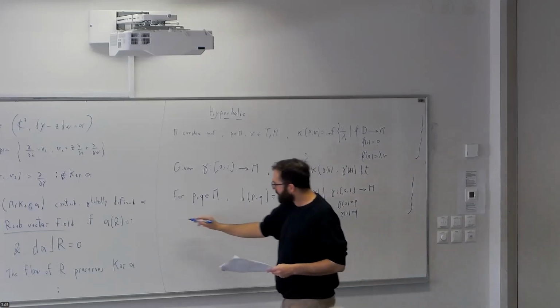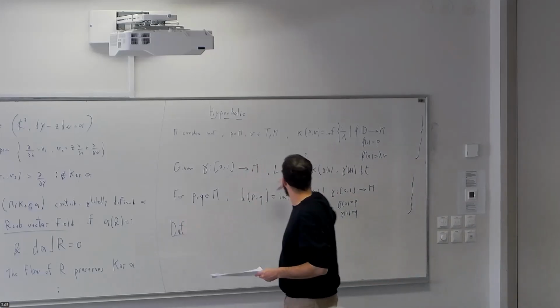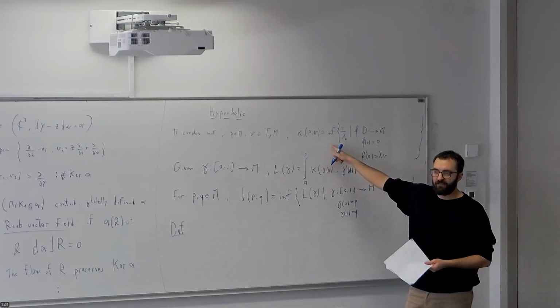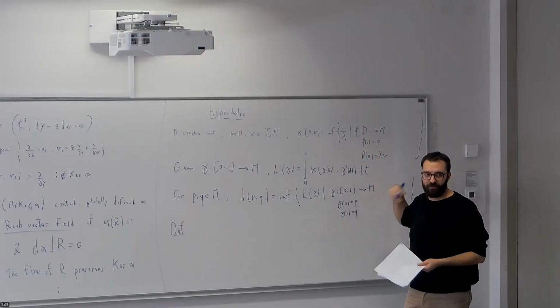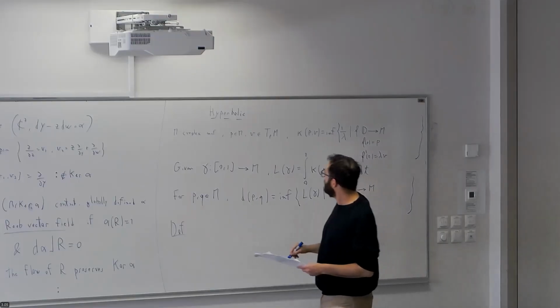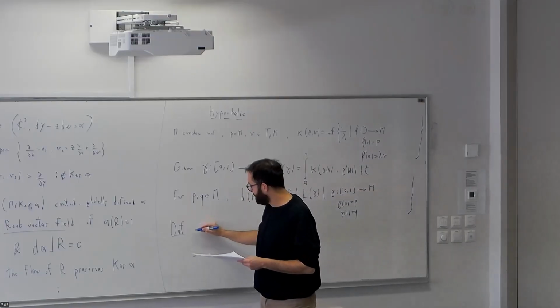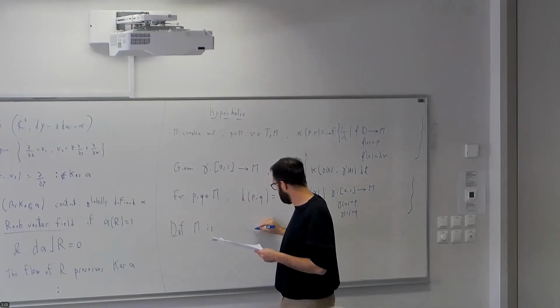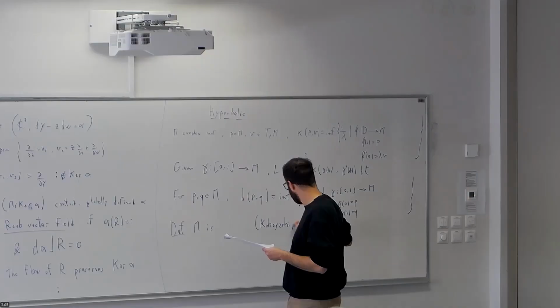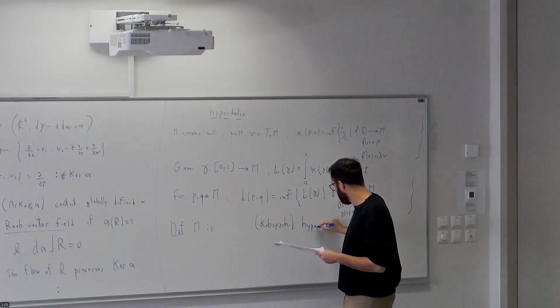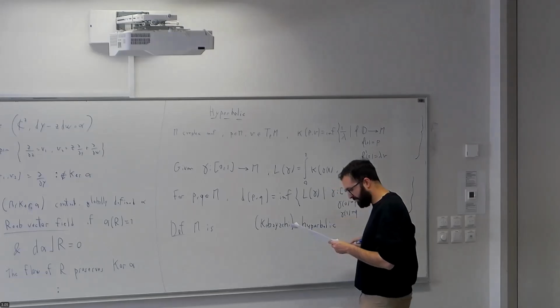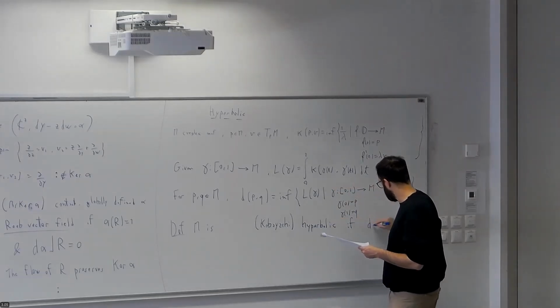And so, of course, there is no need for this to be an absolute distance. It can assign 0 to some vectors. For instance, if you have a copy of C going through the point, the length of the vector will be 0. But when this does not happen, we say that M is hyperbolic, normally Kobayashi hyperbolic. Today, just hyperbolic. If the distance